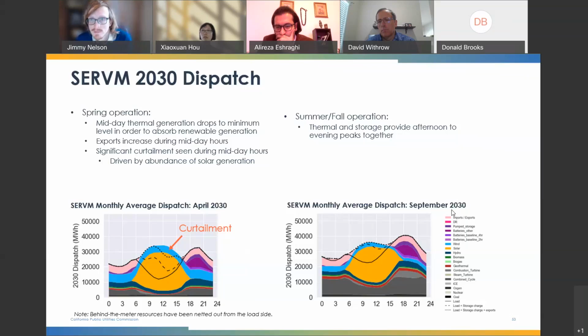Let's see, so I'll start, I guess. Neither of the models that we're showing here, Resolve or SERVM, includes those charging constraints. We model solar at a system level and storage at a system level. I think part of the reason is that those constraints can be technically complicated to implement in the model. And I wonder how much the answer would change. It's possible that it might change some, but that may be one of the reasons.